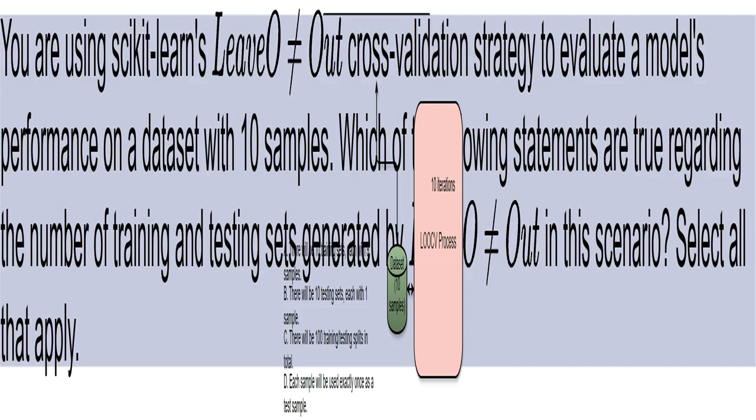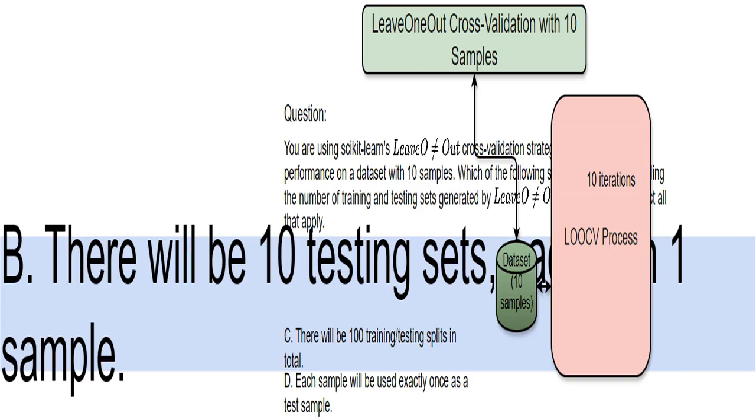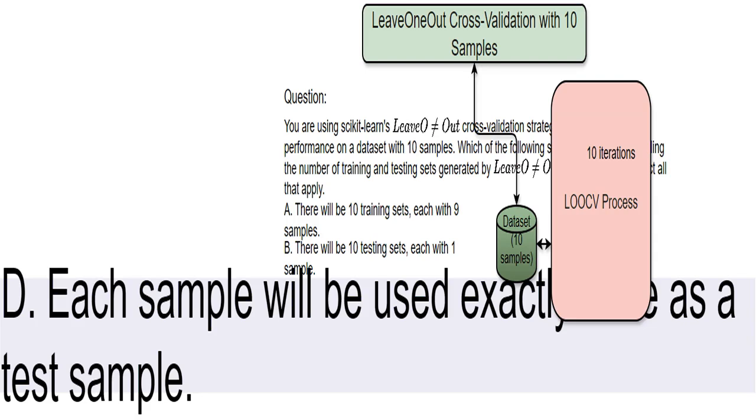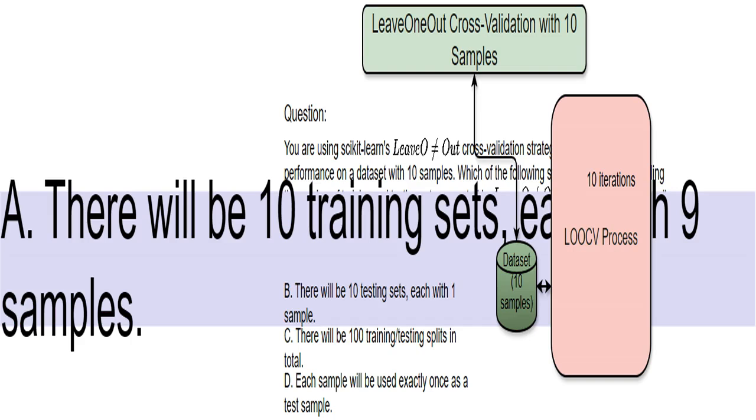I'm using scikit-learn's LeaveOneOut function, which implements the LeaveOneOut cross-validation method. This is a very powerful technique to test how a model performs when there is a limited dataset. I'll get 10 separate testing sets, each containing only one of the 10 samples from my dataset. That's because each time I am taking only one sample to test my model on. I want to make sure every sample gets its chance to be a test sample. That's the whole point of LOOCV. LOOCV guarantees this. I will also have 10 training sets, each time with 9 samples. Because I will use all the remaining 9 samples to train my model when I hold out a sample for